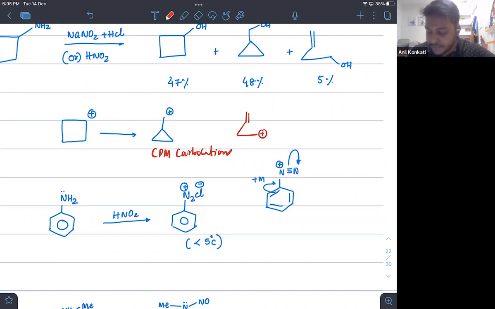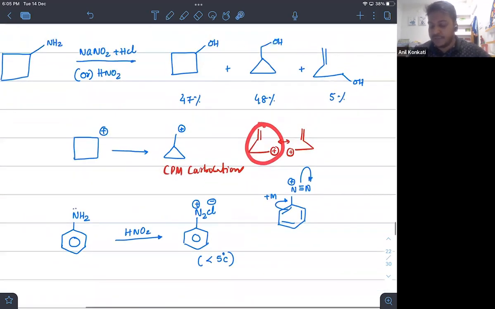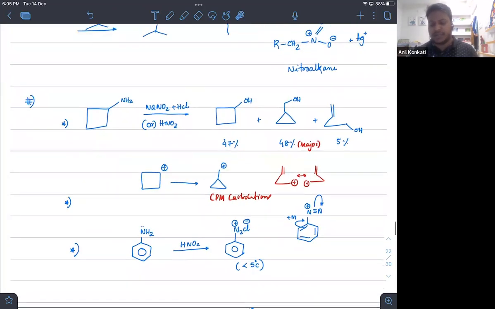Positive charge here, or we can have a double bond with positive charge here. These are the resonating structures. So some part of this resonating form will also come as alcohols. So you had better remember these percentages, 47, 48 and 5%. Once a question was asked, what is the major product? Although this is just 1% more, write this as the major product. Clear? We discussed this earlier also in alcohols.